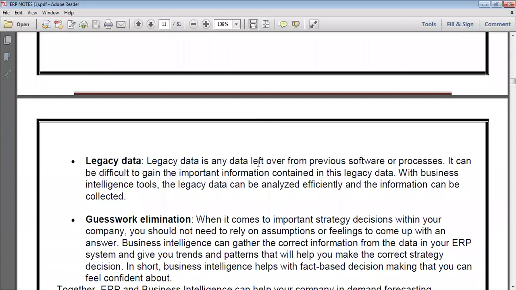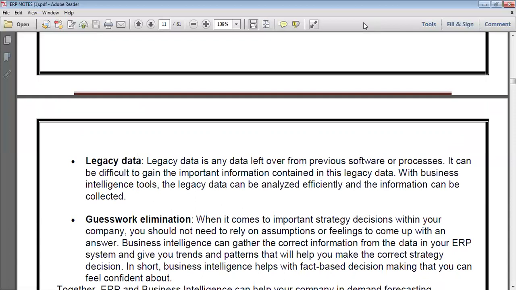So legacy data means any data left over from previous software or process. It can be difficult to gain the important information contained in this legacy data. With business intelligence tools, the legacy data can be analyzed, and the efficiency and the information can be collected.